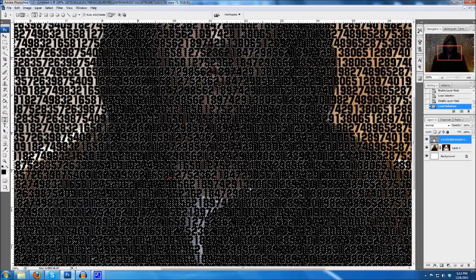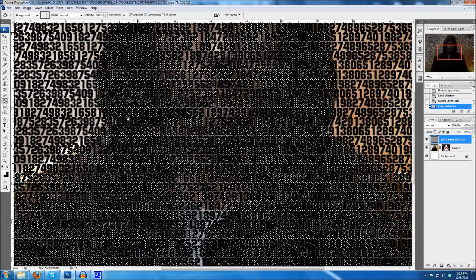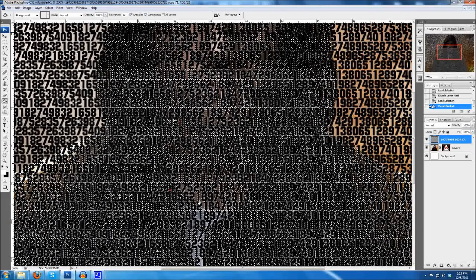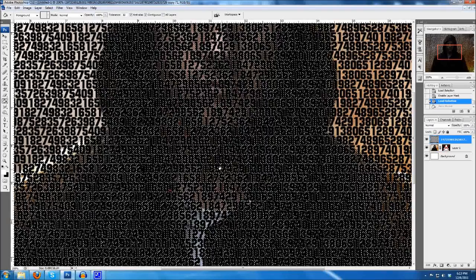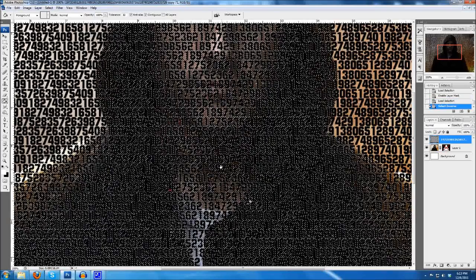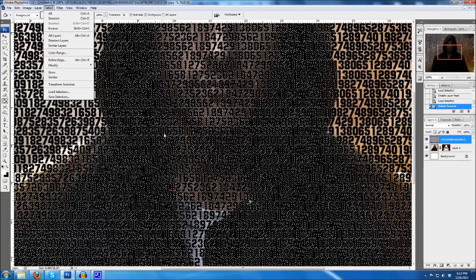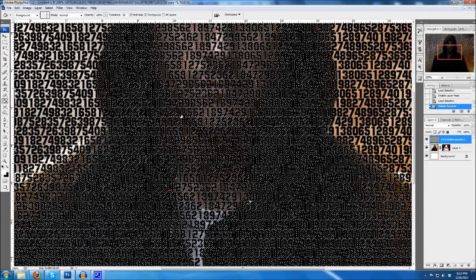Now it looks like we've selected all the numbers, but if we go and try to fill them in, it actually just fills in what's behind it, because we haven't selected it. We've selected what is behind it. Now the way to get around this is you press Control Shift I, which is the same thing as going to Select, Inverse, and it just selects the opposite to what you just had. So now we've selected our numbers, and if I try and fill it in,